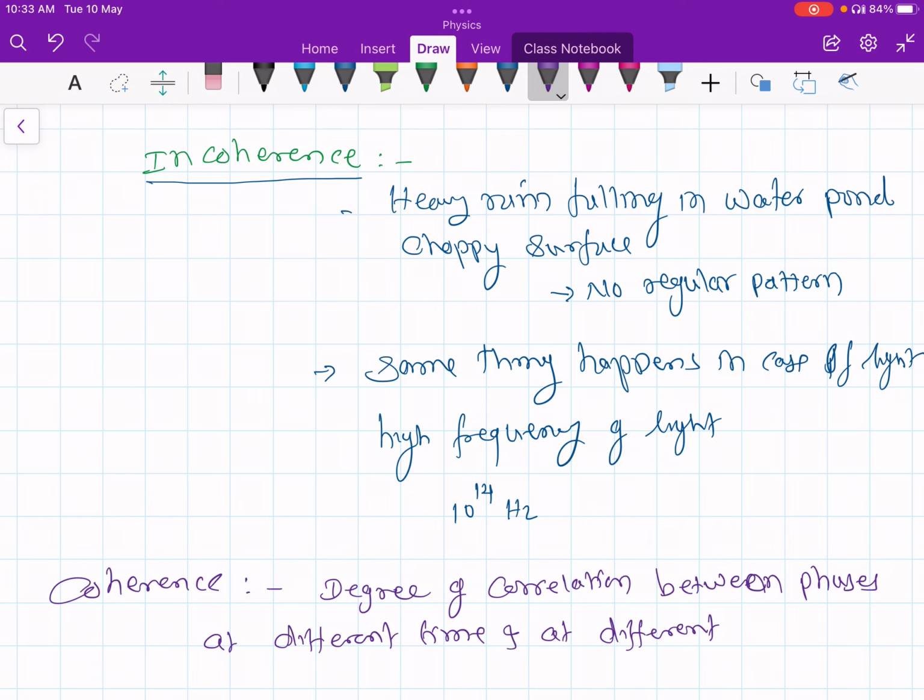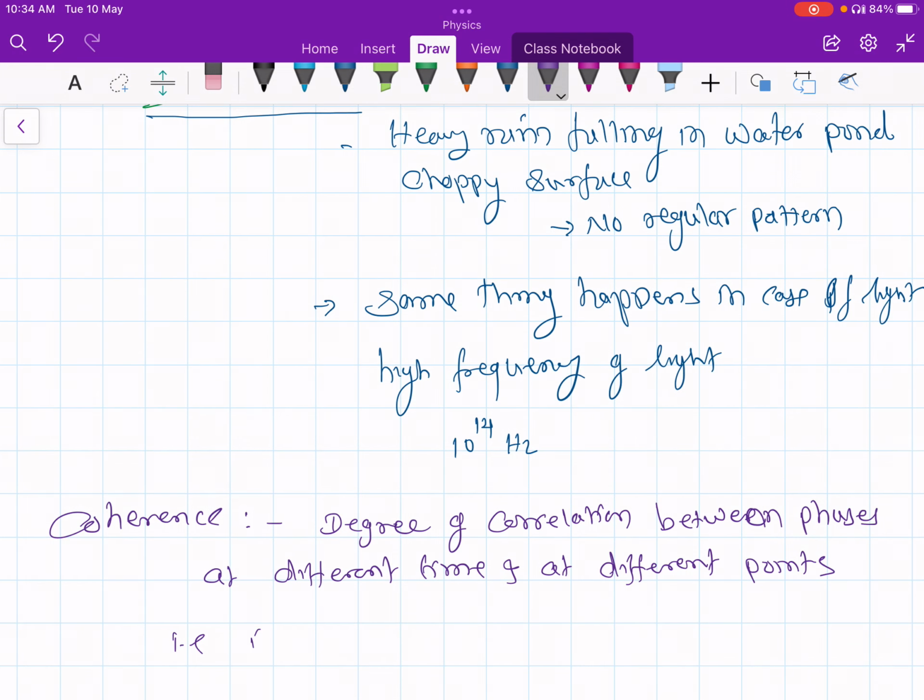At different times, or you can say at different points. So if there is a certain correlation between the phases at different points, or at one location but at different times,